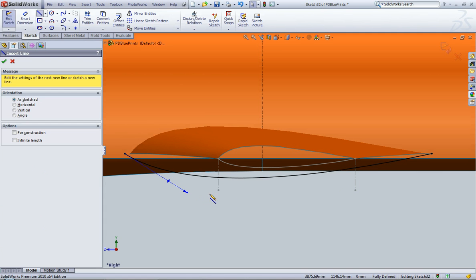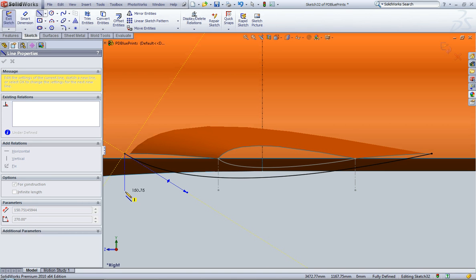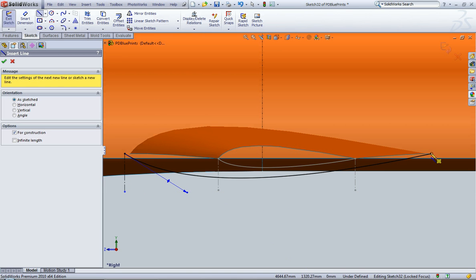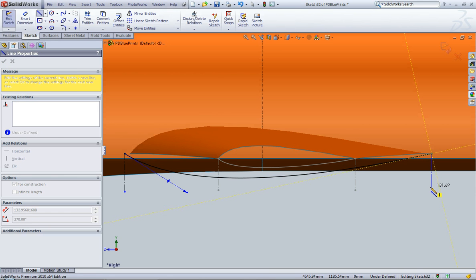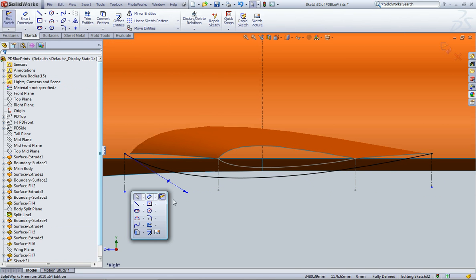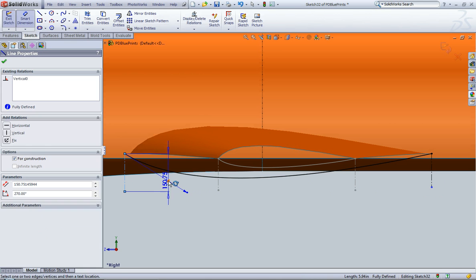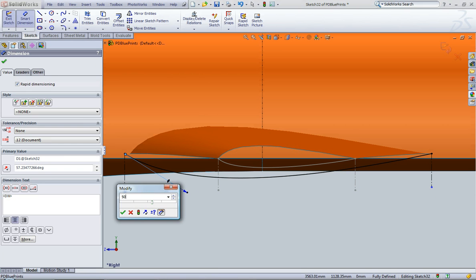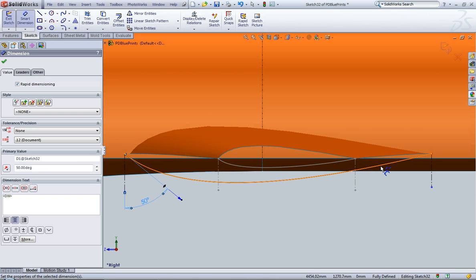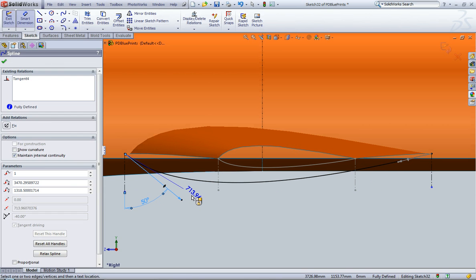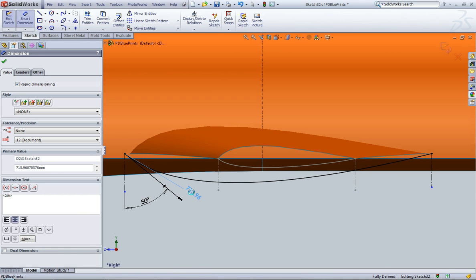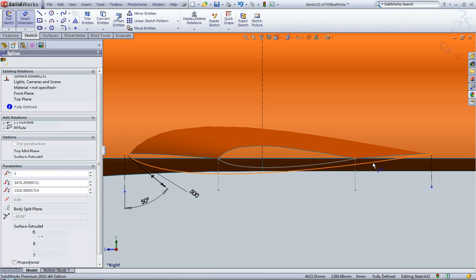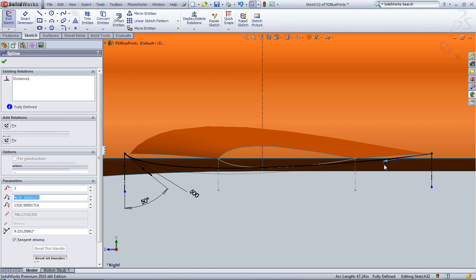Alright, so some more construction lines. You don't necessarily have to add as many construction lines as I am, or you could add more. I mean, you definitely don't need to limit yourself. You could a lot of times pick up on other lines and other sketches to add these dimensions. I'm going to give this one, and again I'm picking these numbers out of the air. I don't have any sort of cheat sheet in front of me that's like wing,